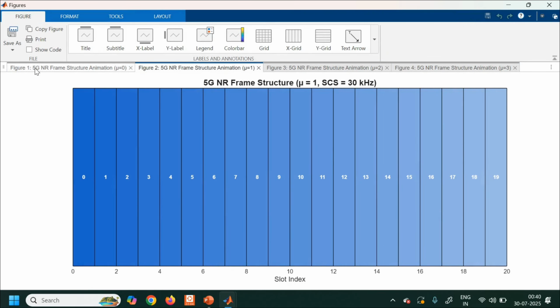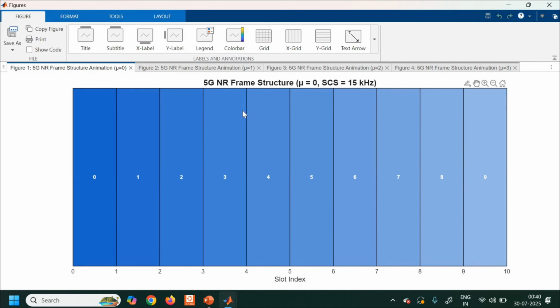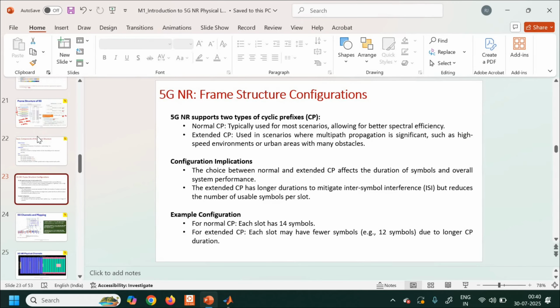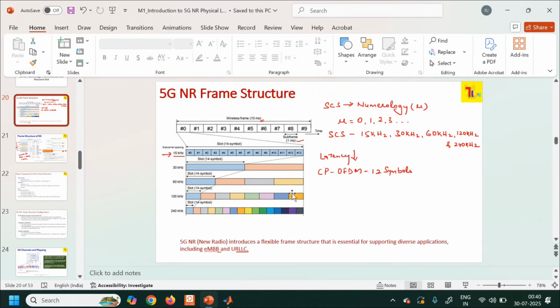So for all four different numerology values, that is 0, 1, 2, and 3, we have obtained the frame structure over here. The same thing has been depicted over here. How many frames we are going to